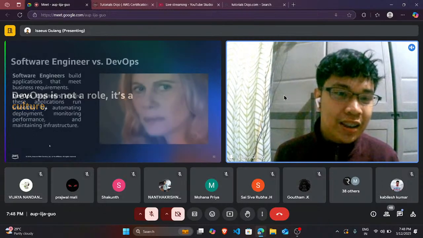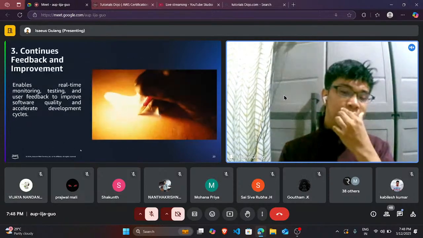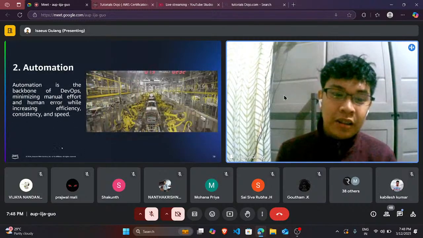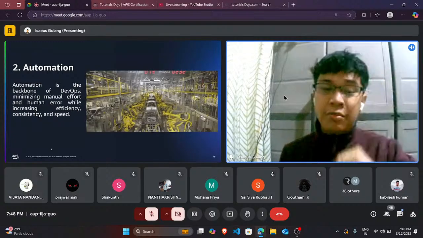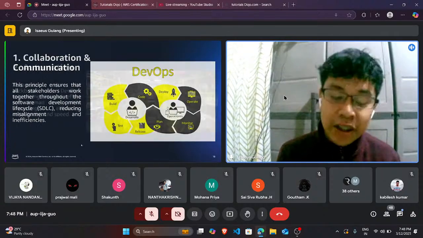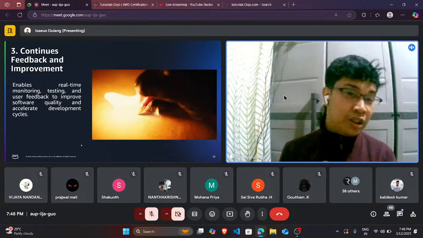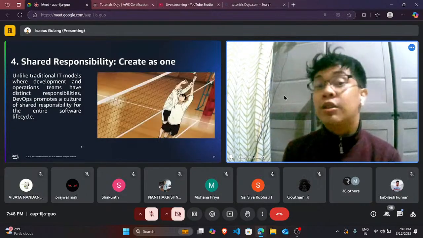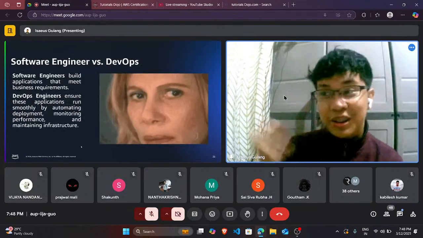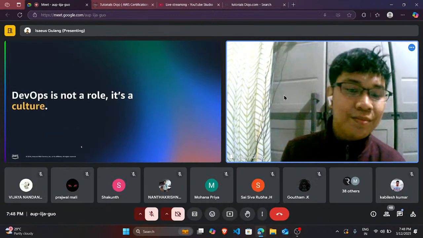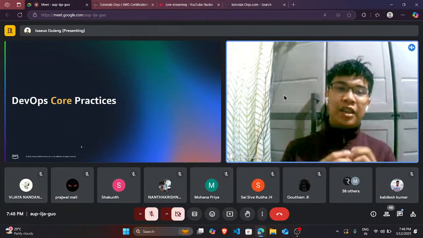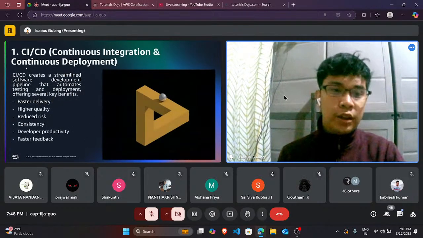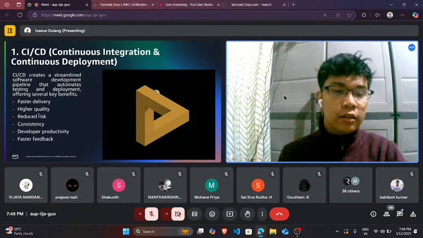All right. So in this principle, if you really want to get into DevOps, you need to have this: forward thinking about automation, your communication skills, which are very important, your ability to receive constructive criticism, and of course, your empathy for your users, and for your colleagues as well. All right. So these are some of the DevOps core practices. Okay. So the first one is the